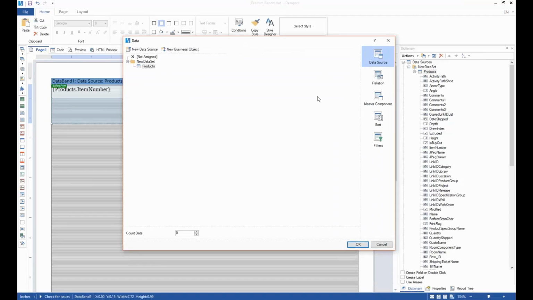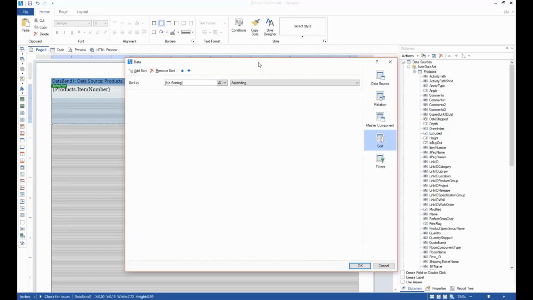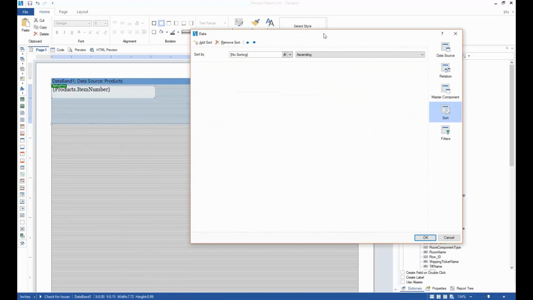And we'll see that we have our data source again that we can select and set the products. As I said, relationship master component we'll be talking about in the future when we do a master detail report. But we can set up a sort option. And in our sort options, we can specify how we want to sort this information. So we saw that our item numbers were out of order. And it's probably easier to read if our item numbers were in order. So we can set up some sorting and we can specify and say, okay, how do we want to sort this? We can say we want to sort it by the products and we want to sort it by the